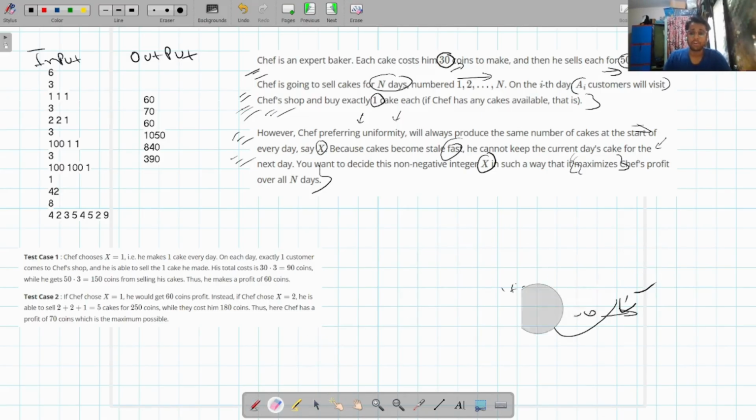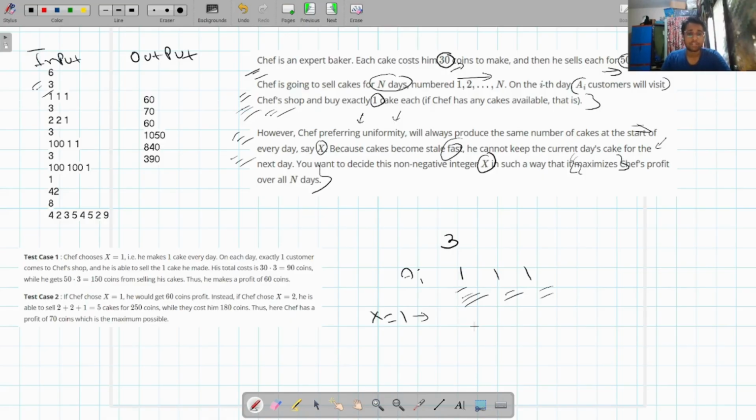So now let's take one of the test cases. In this one, we've got three days, and let's say a_i customers for each day: one, one, one. So every day, one customer. So let's say Chef chooses X equal to 1. That is, he makes one cake every day, right? So each day, exactly one customer will come to the Chef's shop, and he is able to sell the one